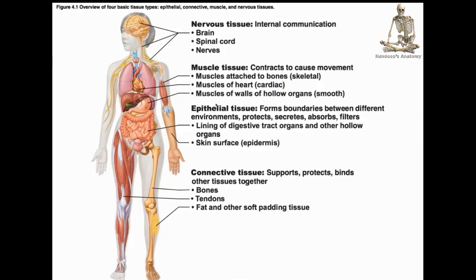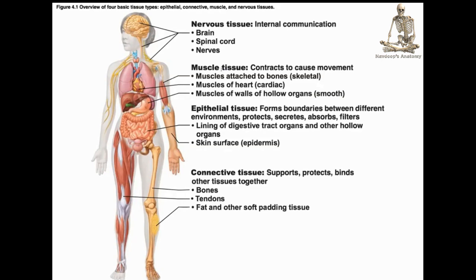Now, talking in general about nervous tissue, its main function is communication and control. It serves the purpose of internal communication, and it is found throughout our nervous system, which consists of our brain, spinal cord, and the nerves. Its main function is to convey messages or electrical impulses from the brain towards the body,